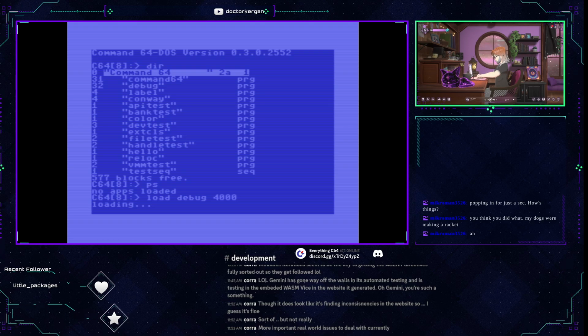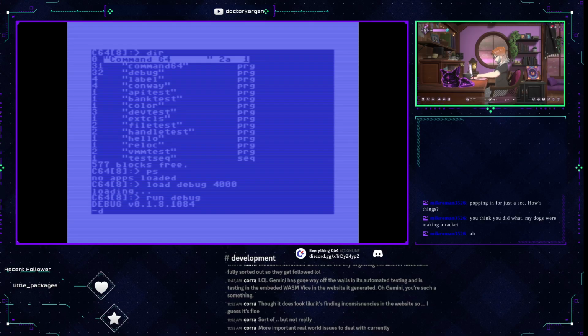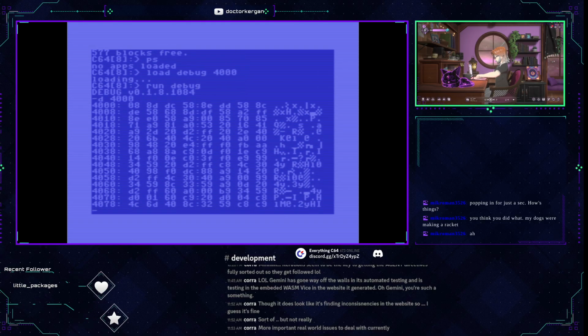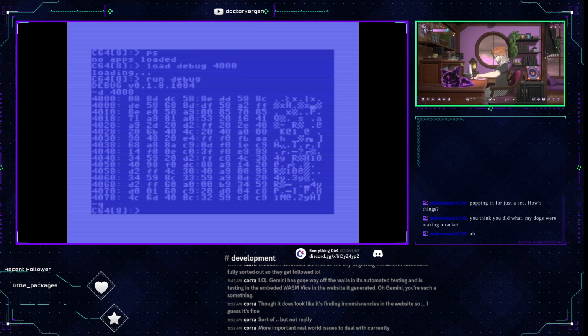Now, I think if I were to try to run debug directly, it would overwrite this and make a big mess, because it would try to put it at entry point 2600. And I just stuck it at 4000. I should put versions closer to the top of the file. Anyway,